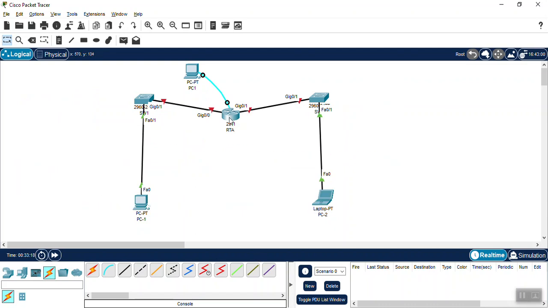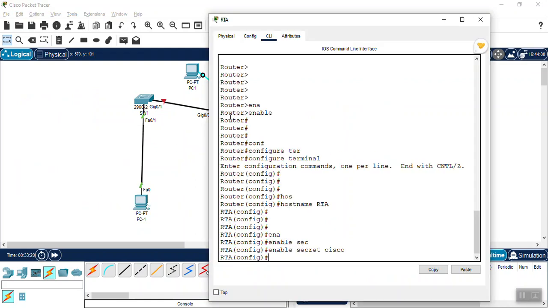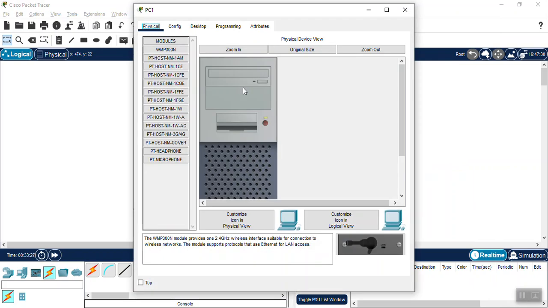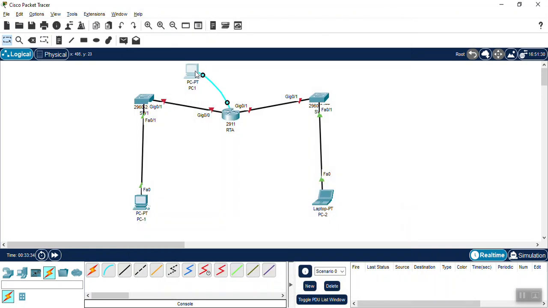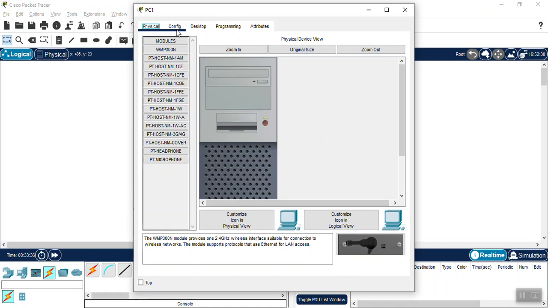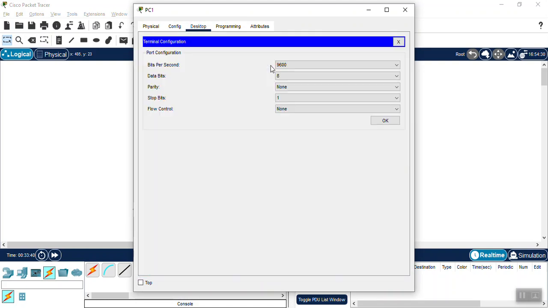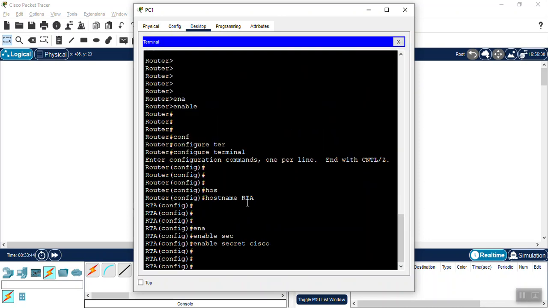In Cisco Packet Tracer I just click on the router and I am in the router. But in real devices you go to the PC, and then through the terminal you enter the router, as I am doing here in Packet Tracer. Click on the PC, then go to the Desktop tab, click on Terminal, and press OK. Now you are in the router.